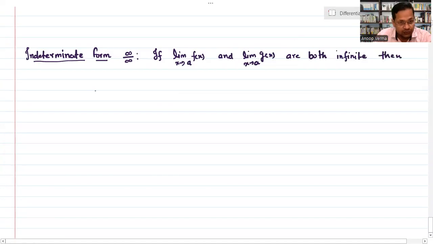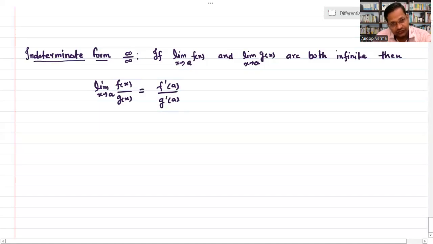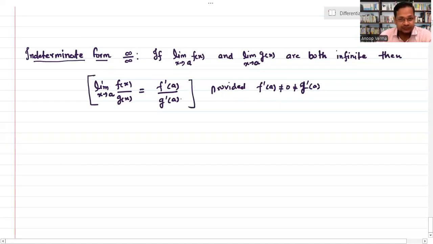Then the limit x tending to a of f(x) upon g(x) is just equal to f'(a) upon g'(a), provided g'(a) is not equal to 0, ओके, वो जीरो नहीं होगा, तो उस केस में हम इस लिमिट को डेरिवेटिव के फॉर्म में लिख सकते हैं इफ दिस फॉर्म बी गेट। ओके, सो प्रोवाइडेड द राइट हैंड लिमिट नॉन इंडिटरमिनेट फॉर्म, यू कैन जस्ट राइट